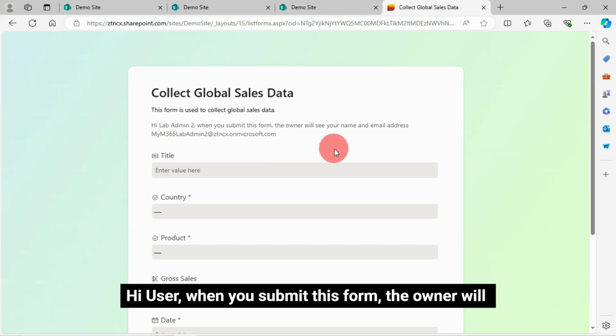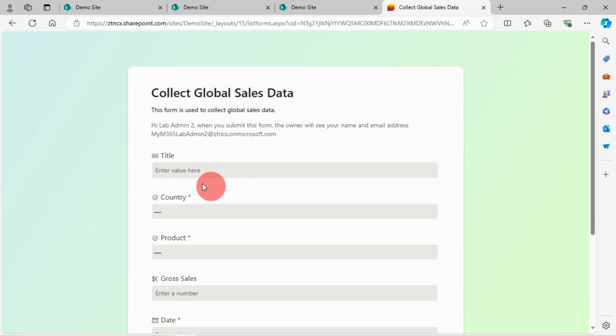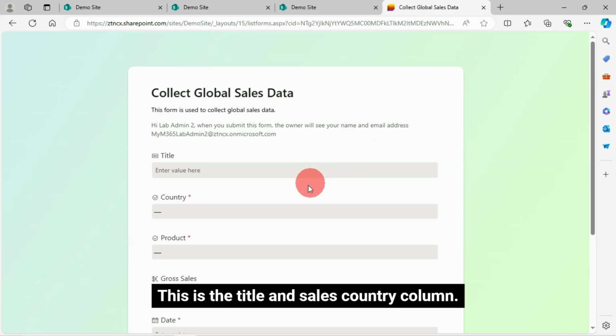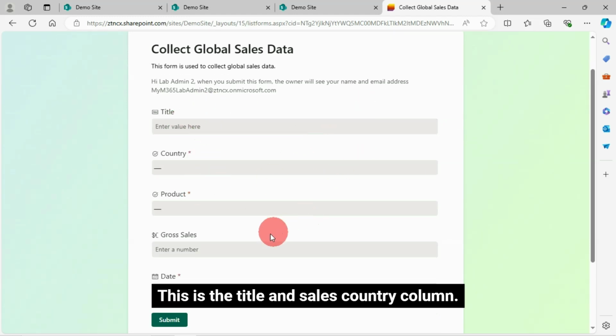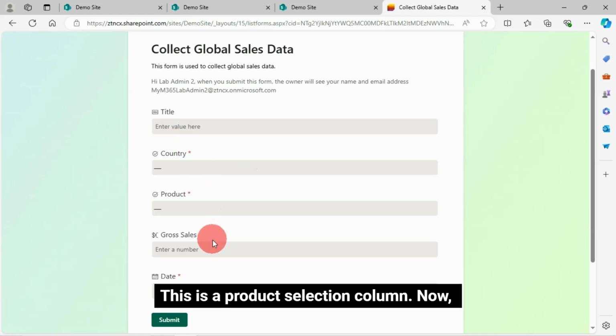Hi user, when you submit this form, the owner will see your name and email address. This is the title and sales country column. This is a product selection column. Now,